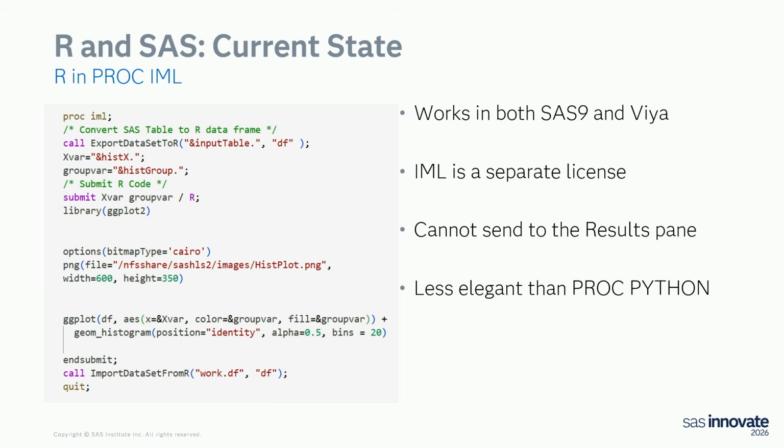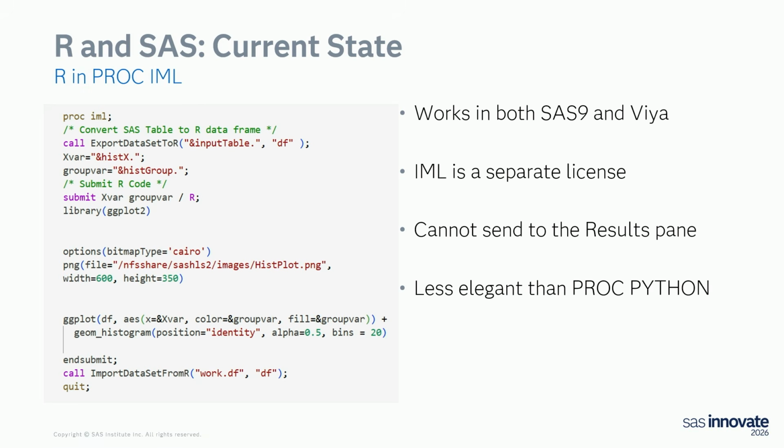Now, we've always had some ability to do this, right? I think version 9.2 of SAS came out with Proc IML, where you could do R stuff. And I will say that that wasn't necessarily designed to do R stuff. It was more like somebody figured out, hey, IML is a matrix language. R is essentially a matrix language. I bet we can make this work. And that's kind of what we did, right? So the guy who came up with Proc IML and doing the R stuff in Proc IML, it was kind of a side hustle. It was something like, hey, I bet I can make this work. And we sort of made it work.